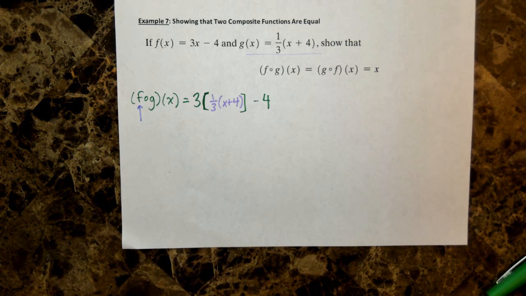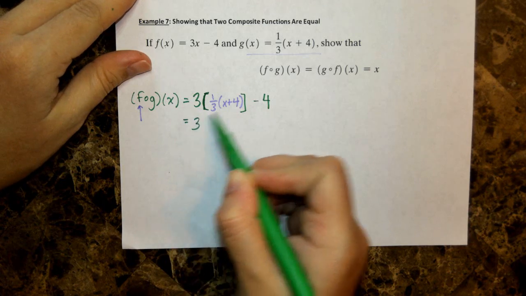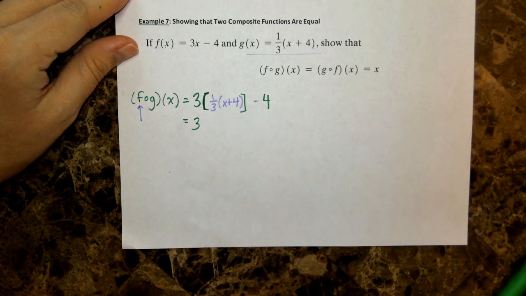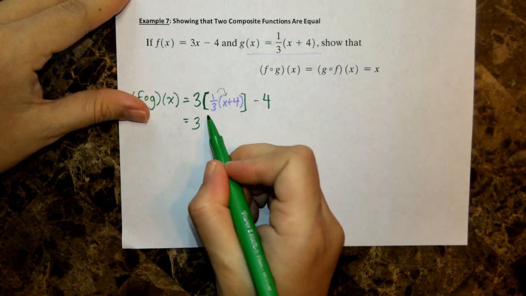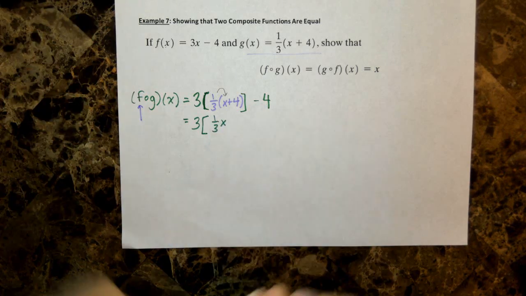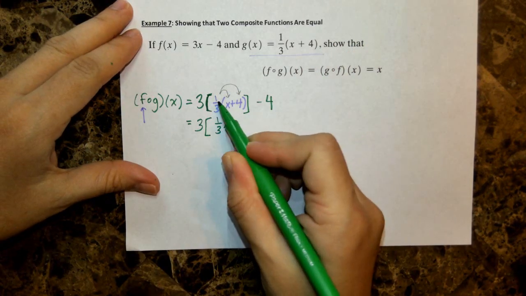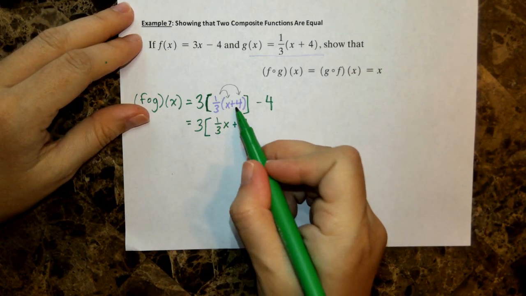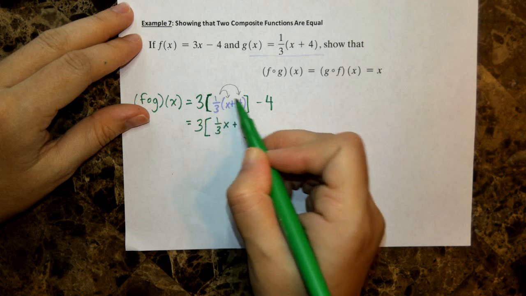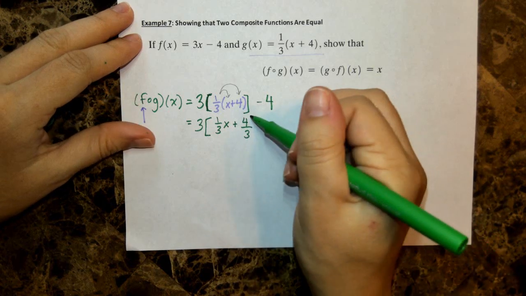Alright, I've set it up, so the next thing to do is simplify. There's quite a bit of parentheses here, so first I'm going to simplify the inside of the parentheses. I have 1/3 times x, which is just 1/3 x. 1/3 times 4 is 4 over 3, because this is like 4 over 1. So numerator 1 times numerator 4 is 4, and denominator 3 times denominator 1 is 3. Minus